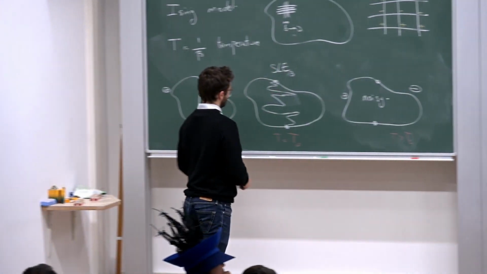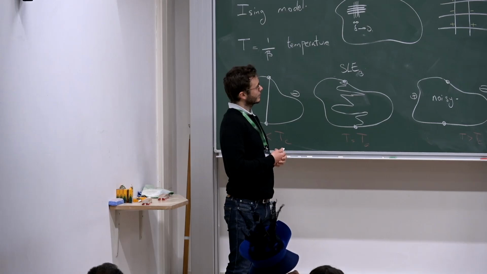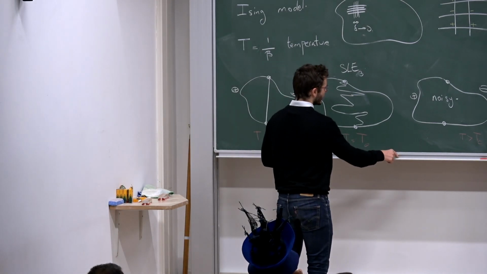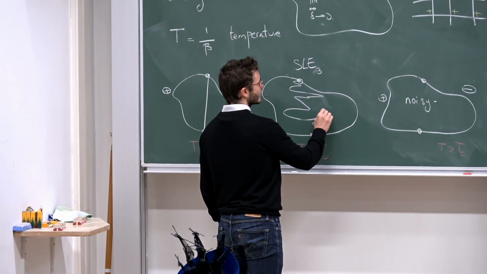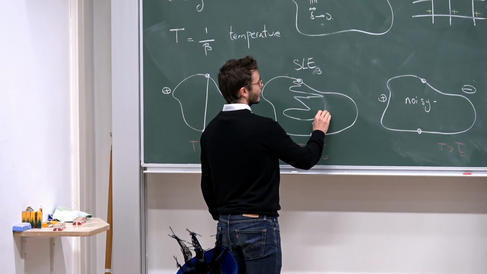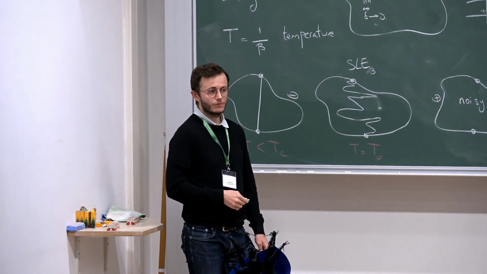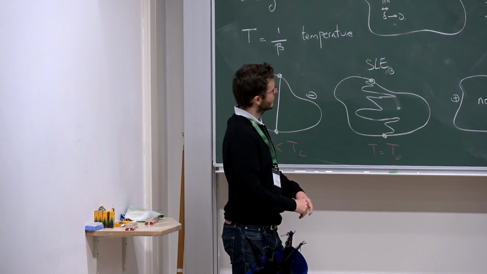So in particular, what does it imply? If I'm asking what's the probability that a spin here takes the value +1, then simply by conformal invariance,